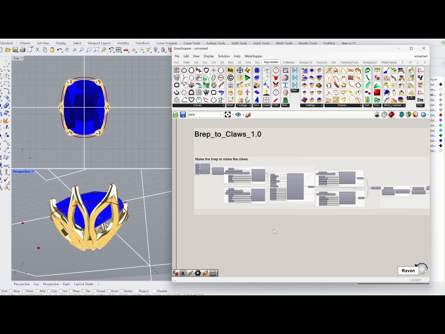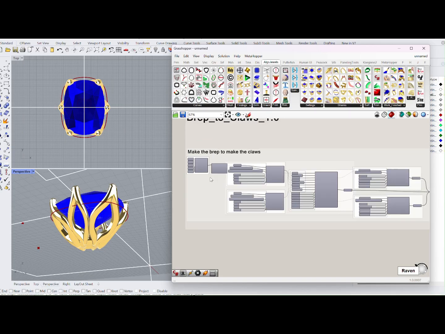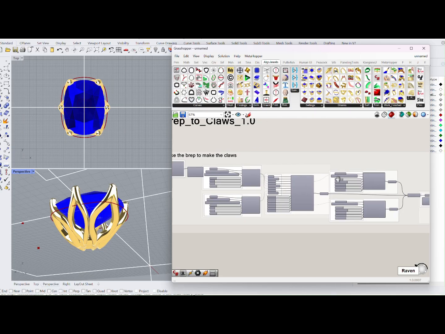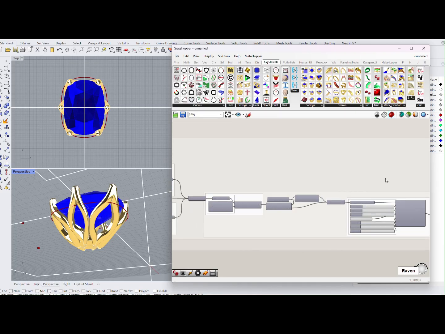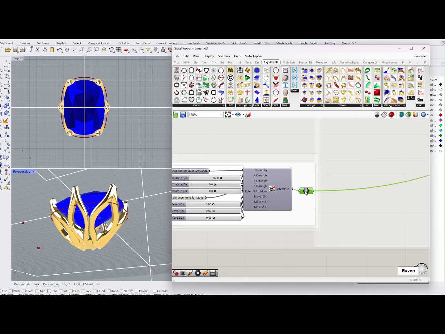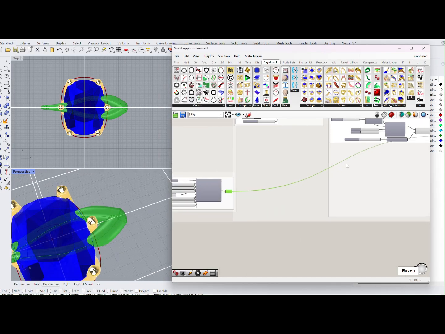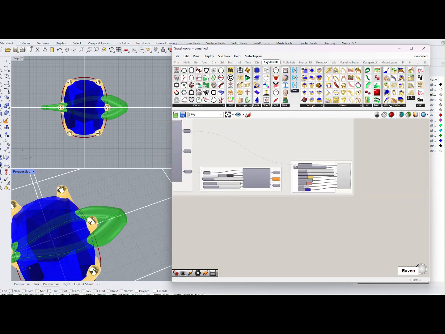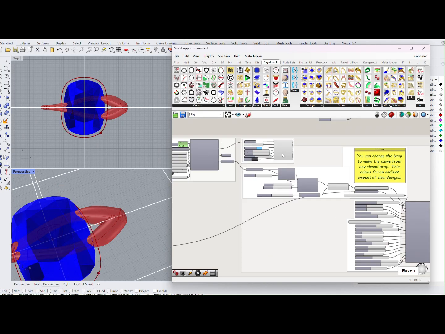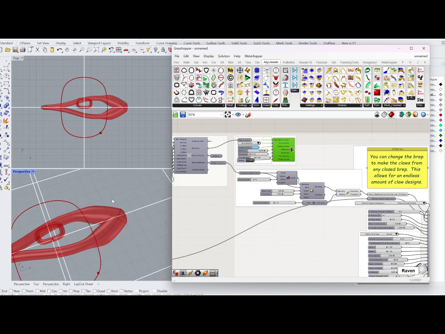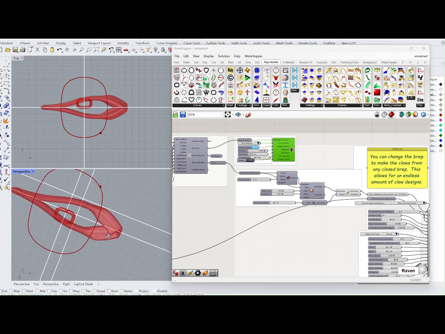Brep to clause. This makes a Brep into clause. The first part of this definition is making the Brep that you can see right here over. Let's turn the colors off. And let's turn the gemstone color off. Okay, so you're creating this Brep here